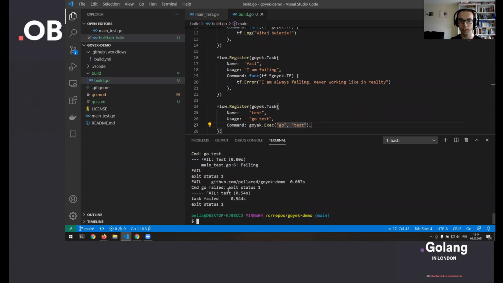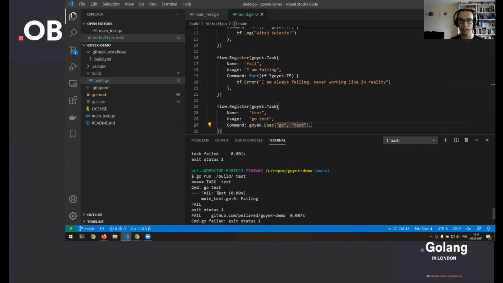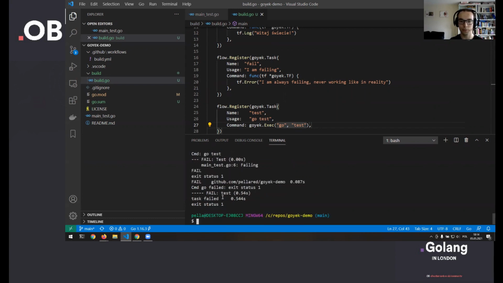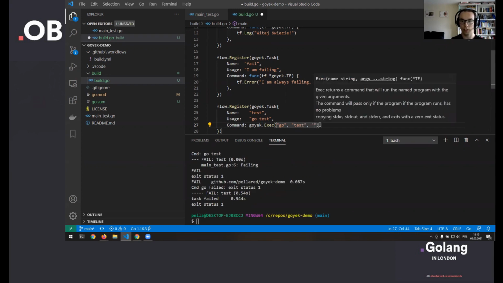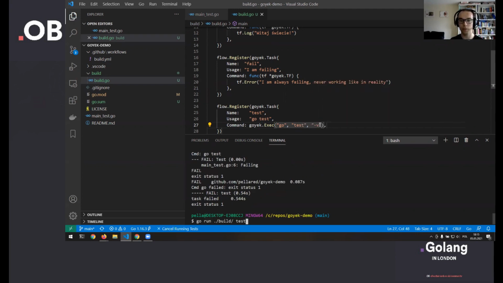So we can see that it's failing. If you want, we can put verbose here, and we'll see that